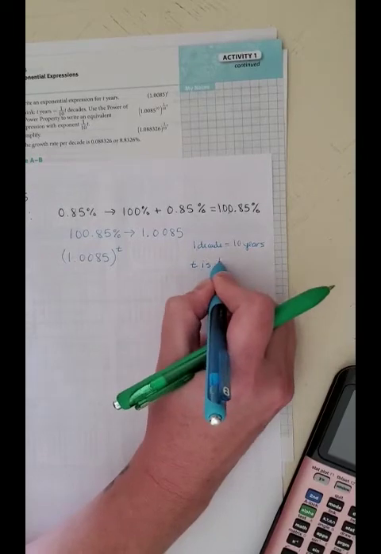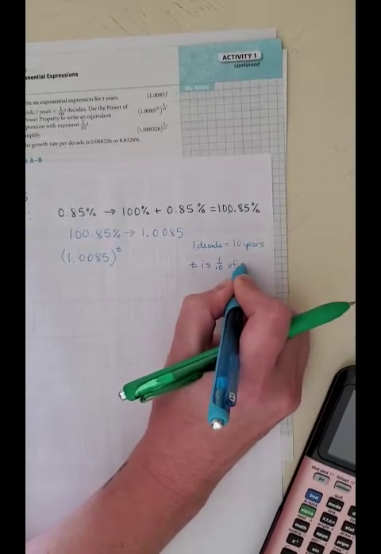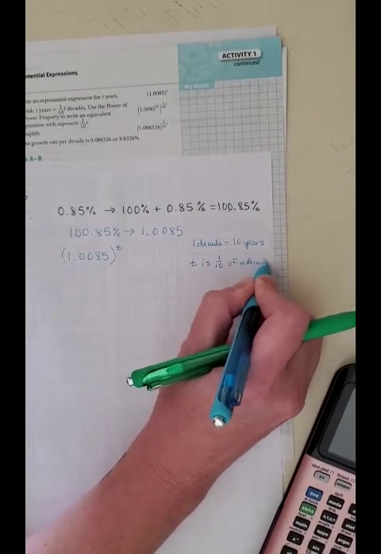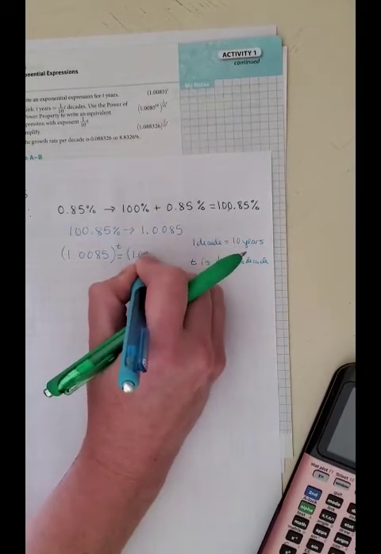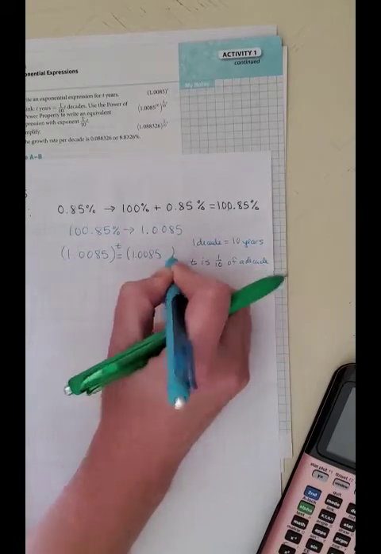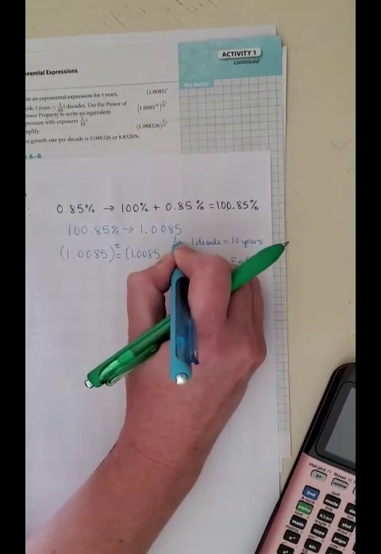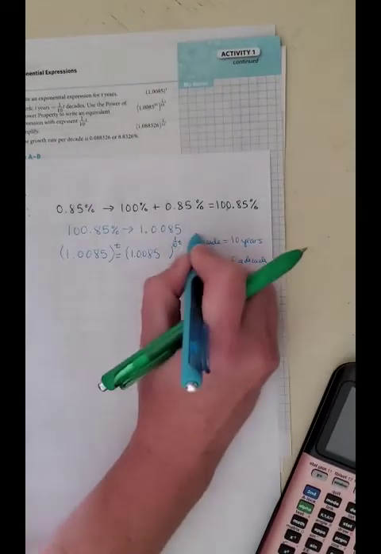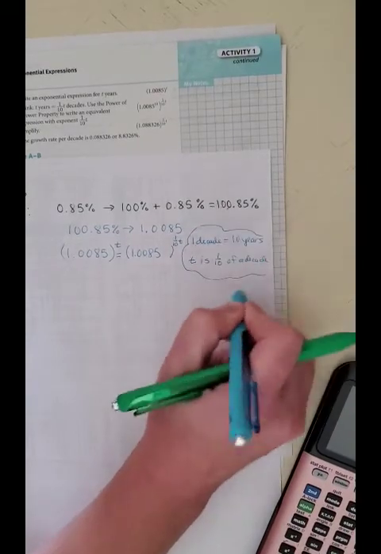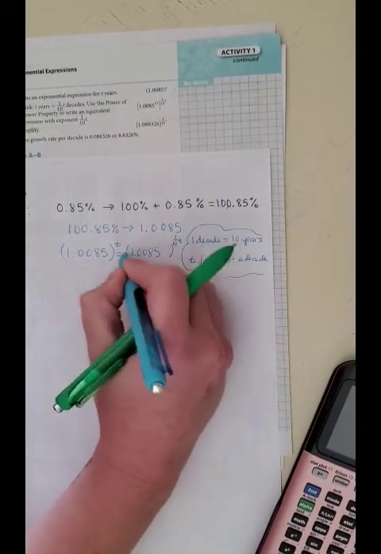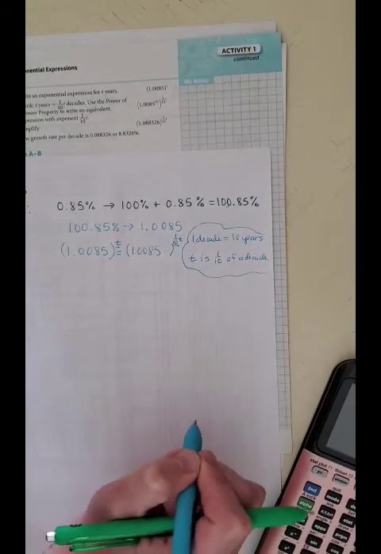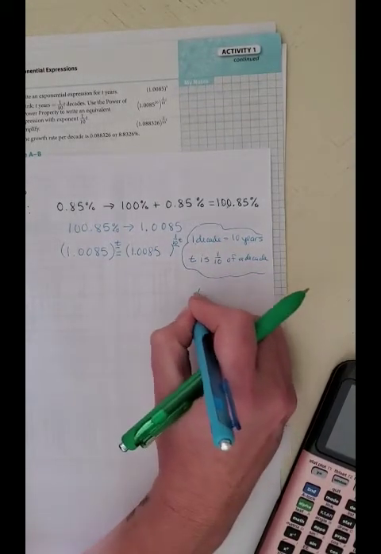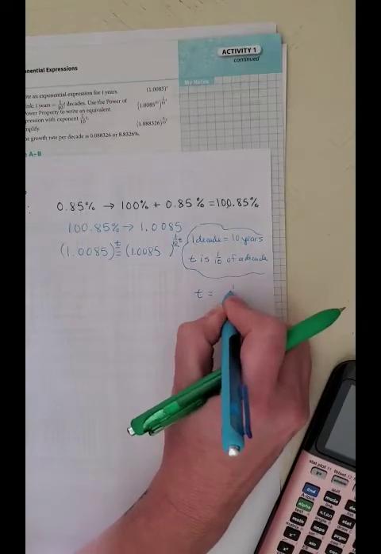T is 1/10 of a decade. So I'm going to rewrite this as 1.0085 to the 1/10 t. Again, this is how I know that it's 1/10. And then to keep these two exponents equivalent,